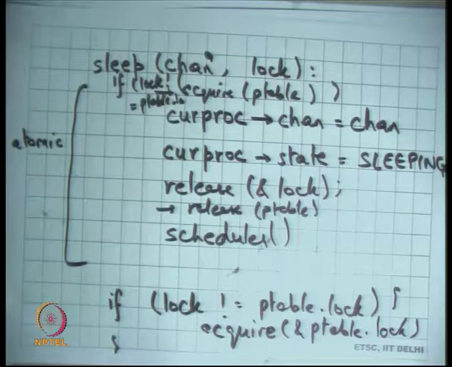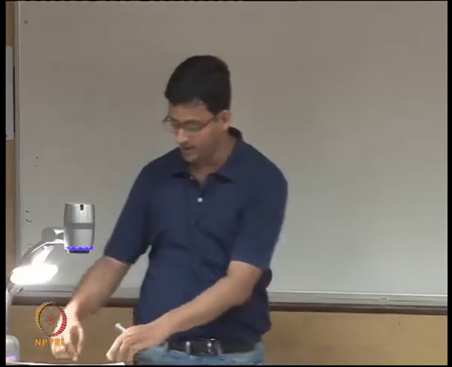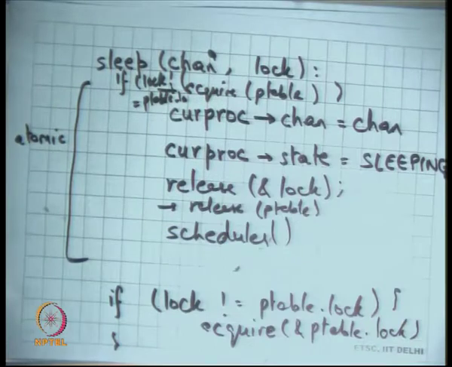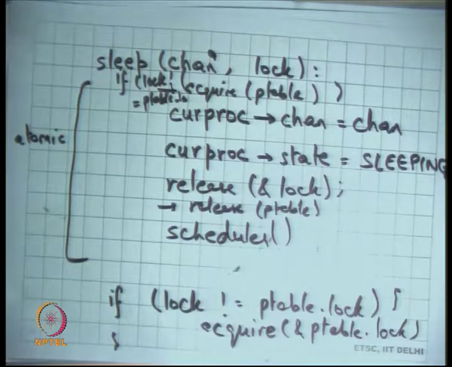Interrupt handlers also acquire p table lock. Is that a problem? No, because we know the acquire function will disable interrupt completely. So if I am within this region, I can be sure that interrupts are disabled. So no interrupt handler will get to run. So that's the whole idea why we had push cli inside acquire, right?